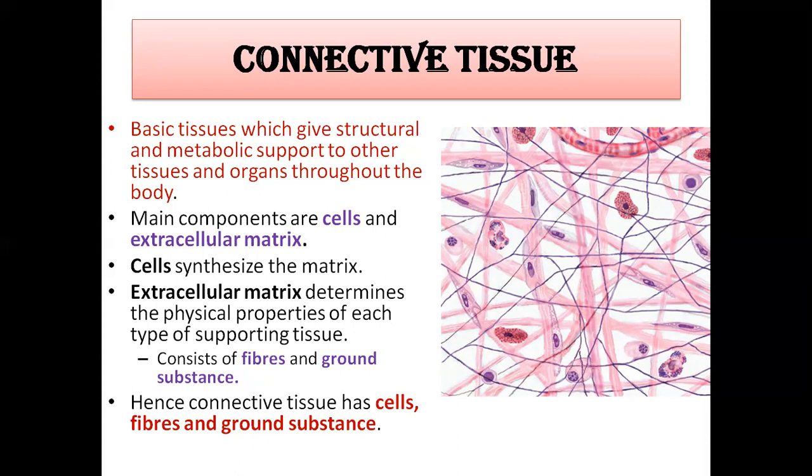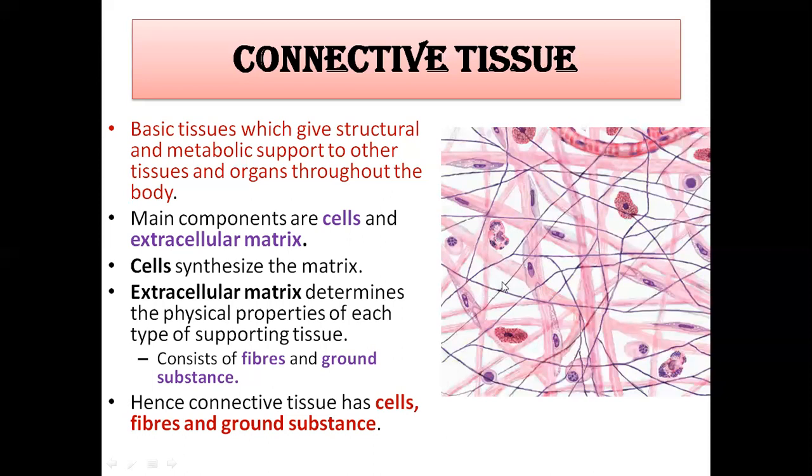See, the main components are the different cells, as you can see here. This whole picture shows connective tissue where we have different types of cells. The background area looks white, which is nothing but the extracellular matrix. These cells are responsible for the synthesis of the extracellular matrix. Based on the amount of fibers and background substance, the consistency of connective tissue will differ, based on which we are going to classify them as loose connective tissue, dense connective tissue, and so on.